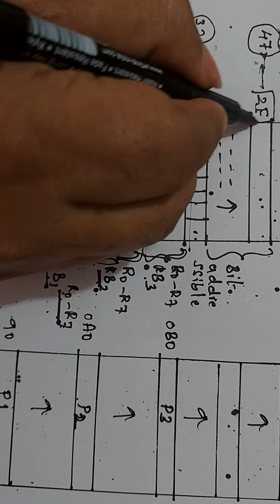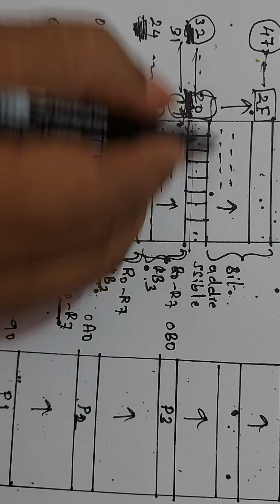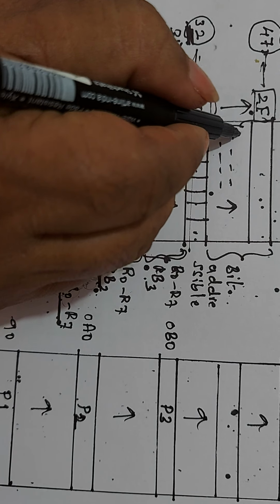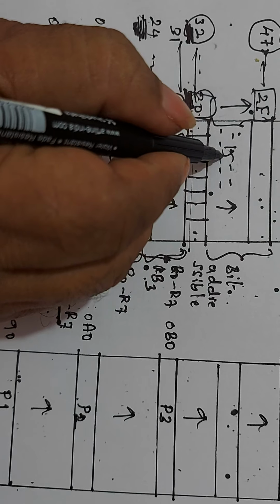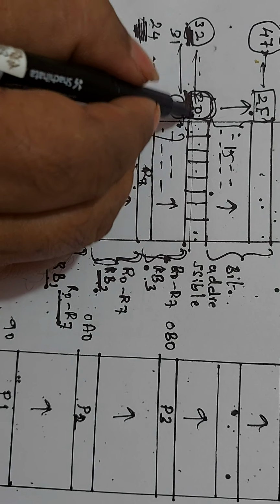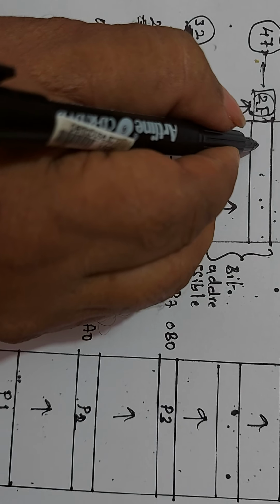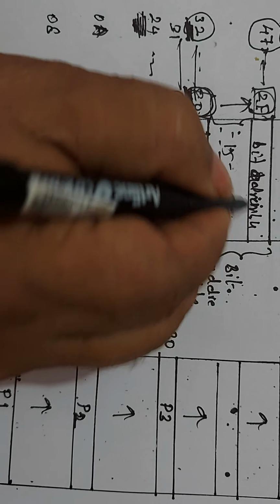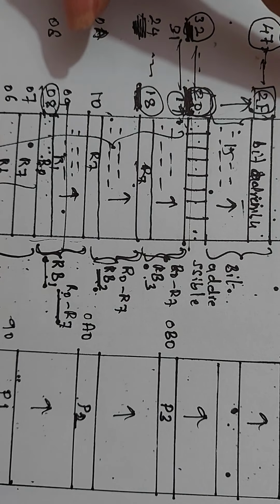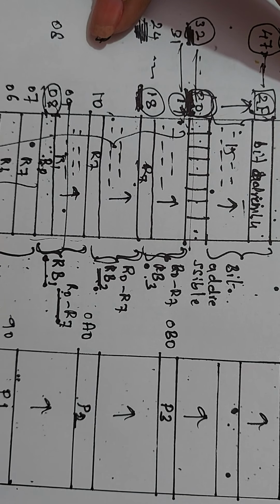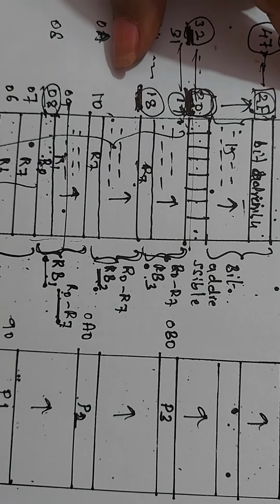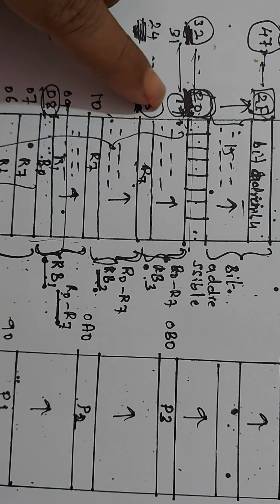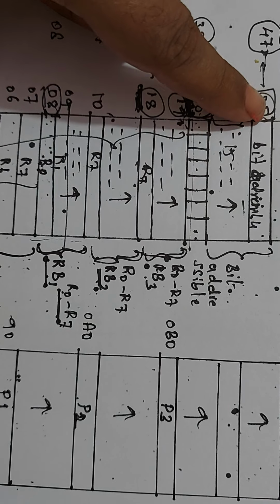From 20 to 2F, there are 15 RAM locations: 20, 21, 22, 23, 24, etc., up to 2F. These RAM locations, starting from the address 20 to 2F, are used as bit addressable RAM locations. Among the 128 RAM locations, represented by the byte addresses 00 to 7F, which byte addresses are used only for bit addresses? 20 to 2F.